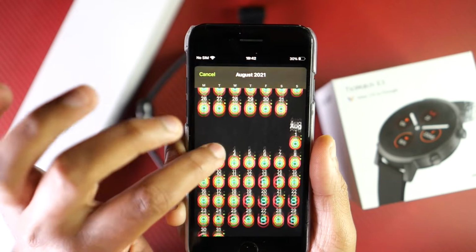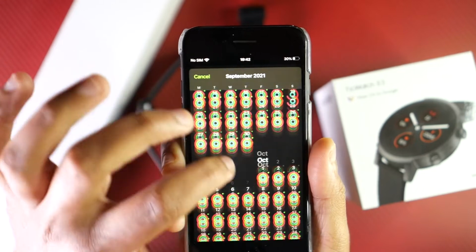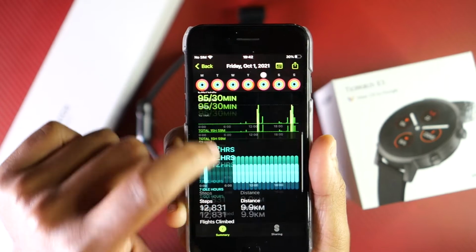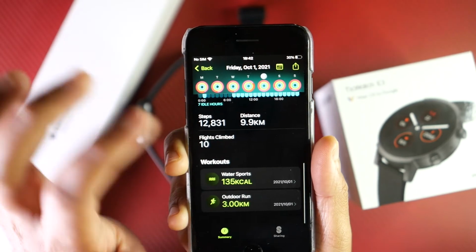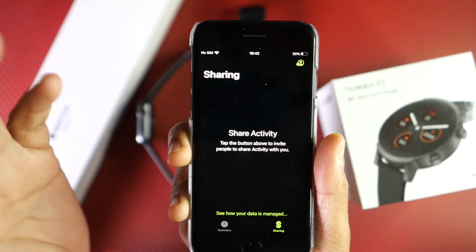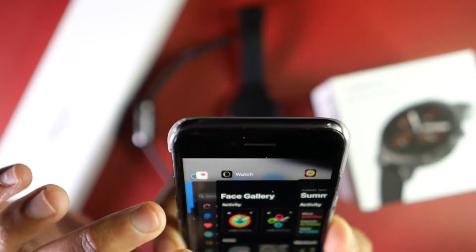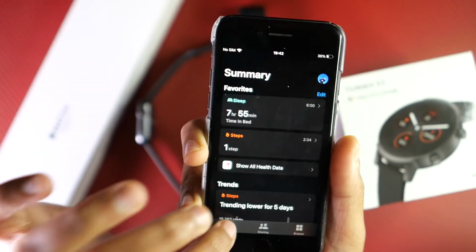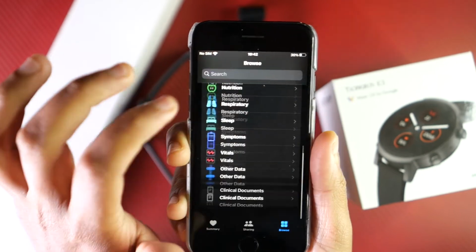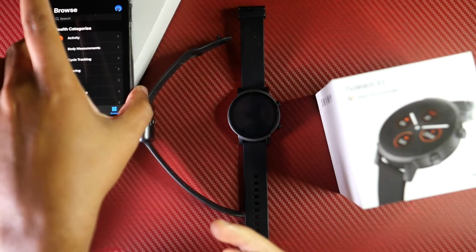So I have been using this watch since end of June. So as you can see, I have almost completed my rings every single day. And here you can look at how much you burn in calories, your exercise, stand hours, steps. And I really like the way this is laid out on the fitness app. And if you have friends, you can share with them the data and compete. This is something I like about the Apple app ecosystem. And then you have your health app, which also syncs up with your Apple Watch, so you can have different data tracked here. So that's for